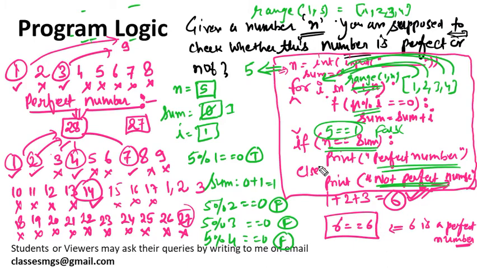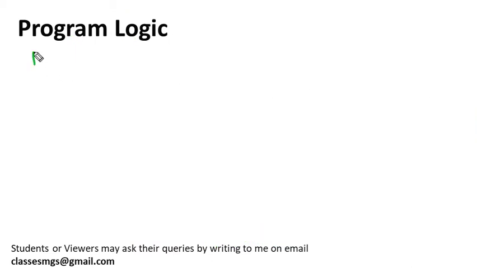So this is basically the logic to check whether a number is a perfect number or not. You can get the idea from this logic. Now what we can do is go ahead and write the steps to solve this problem, and then we can write the Python code. So let's try to write the steps. Essentially I have explained the steps, I need not explain them again, but let's do it.